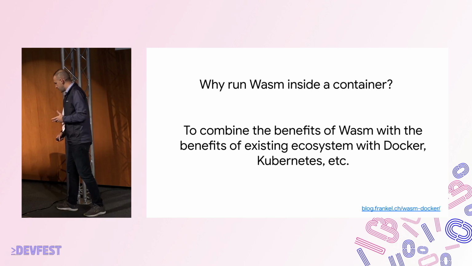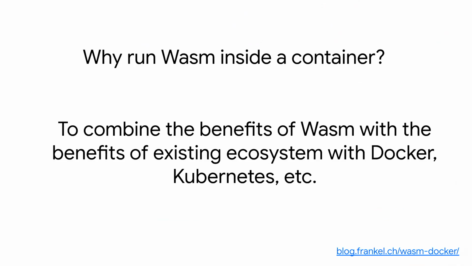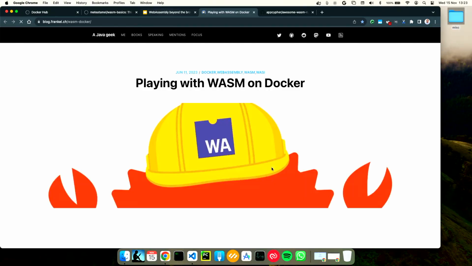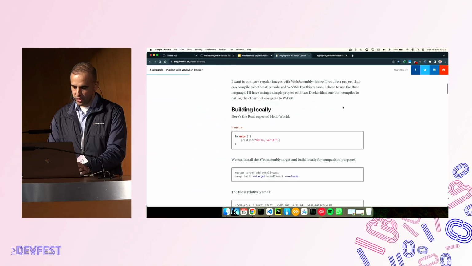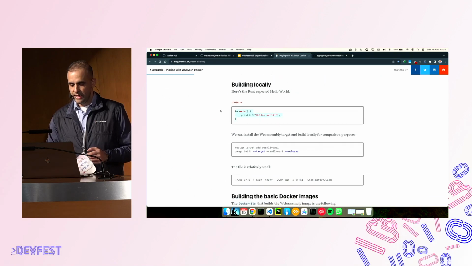So that's why I think people do it. And another reason is because you still get much smaller containers. And let me go to this blog post from Nicholas, where he looks at this. So what Nicholas did, and he did a great job of explaining this stuff, is that he basically said, OK,